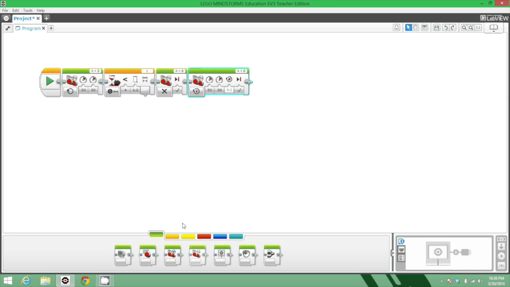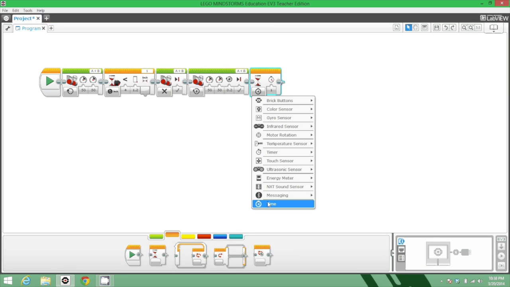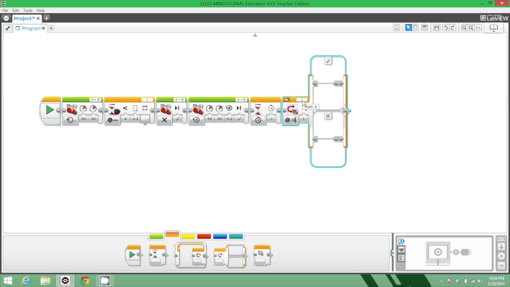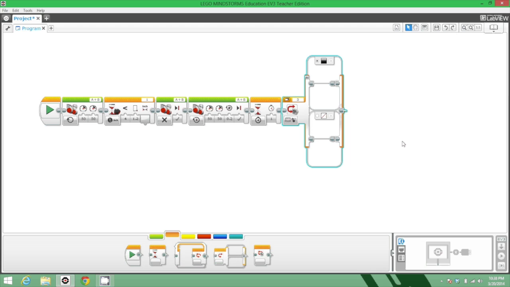Then I will have it wait just for a little bit, so we can make sure. Wait for time, this time, wait 1 second. But then we're going to have it make a decision, and this is going to be a very easy decision for it to make. We are going to say, look on sensor 2. Sensor 2 is going to have a color sensor. Measure the color that you see there, and if that color is blue, then what I want you to do is